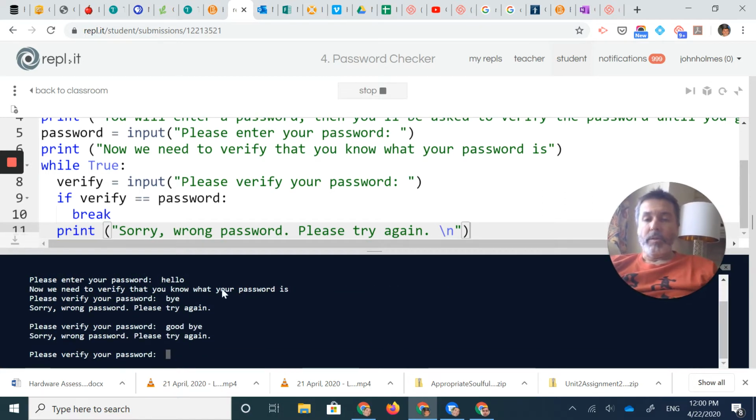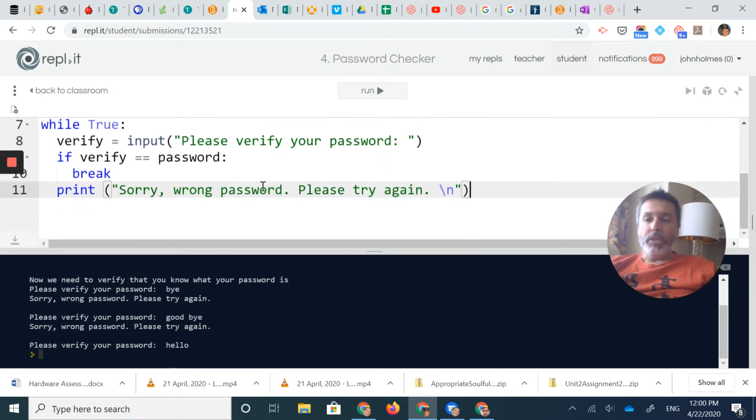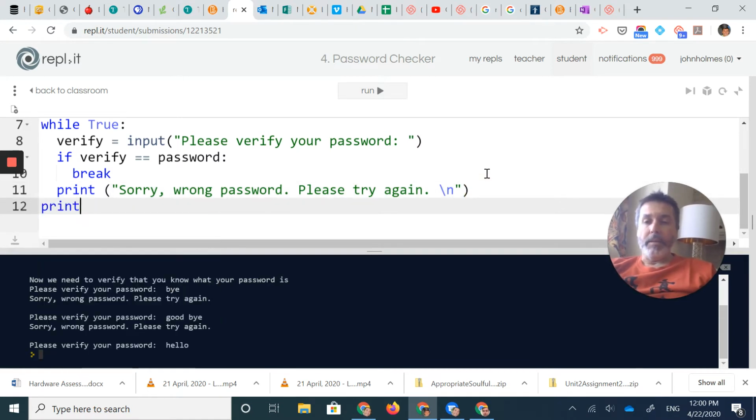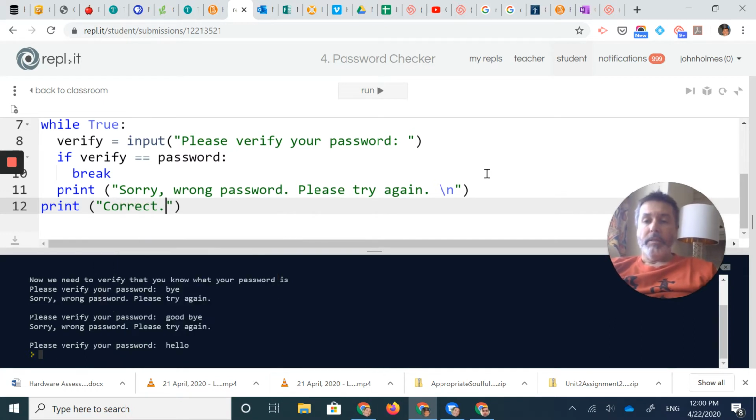So it's still not working. I'm going to now try hello. Okay, and the program ended. What I need to do is, because that broke out of my loop, now I'm going to come down here and say print correct. Thank you for verifying